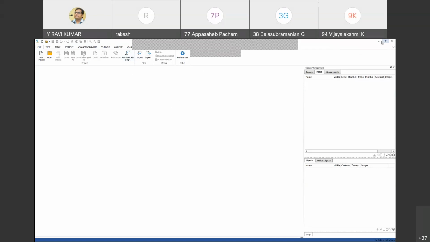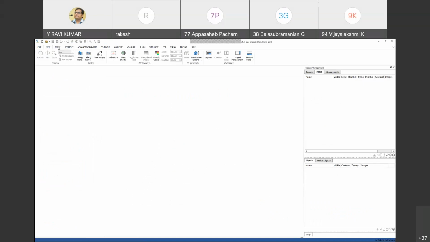If you open this Mimics software, it will be like this. These are the tabs which are available in this software. They are costly, right? It's so many options.